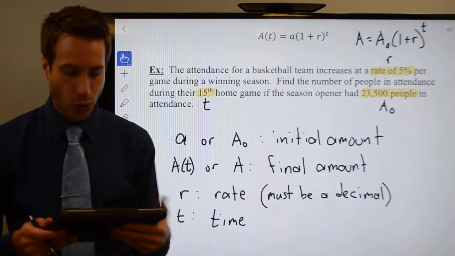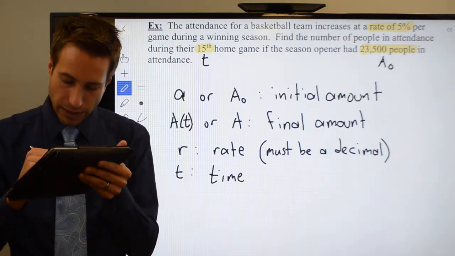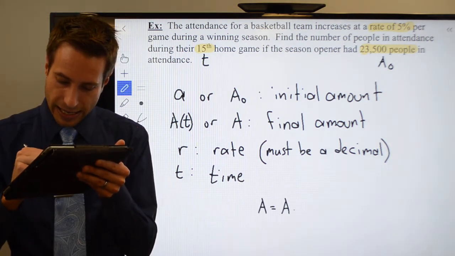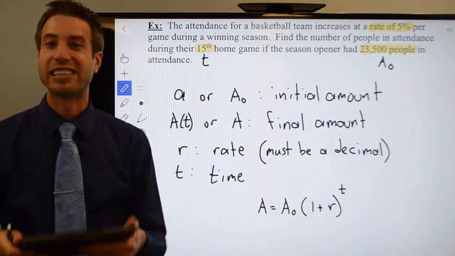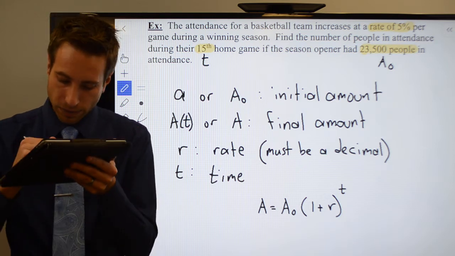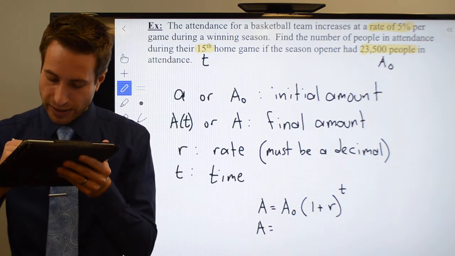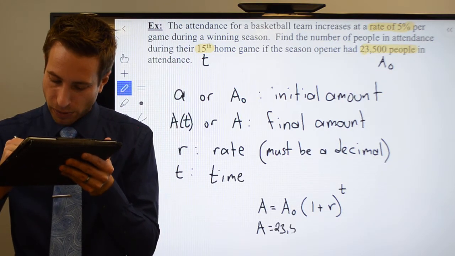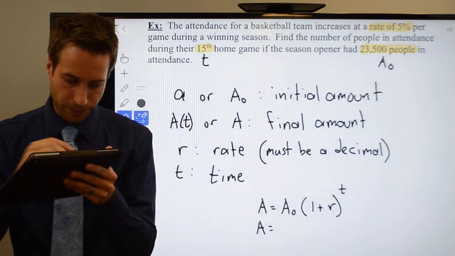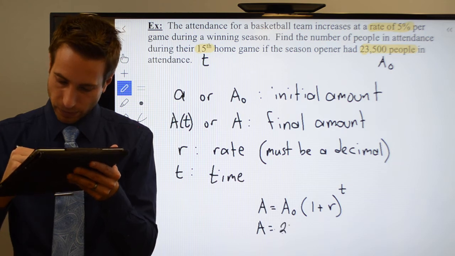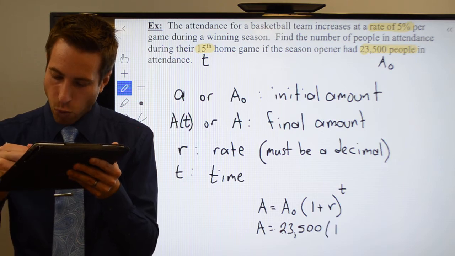We're going to go ahead and take our equation, which I'll just rewrite for you right down here. A is equal to A naught times 1 plus R raised to the T power. Let's go ahead and plug in what we know. We know that we're solving for A. I know that my initial amount was 23,500 people. I'm going to have 1 plus